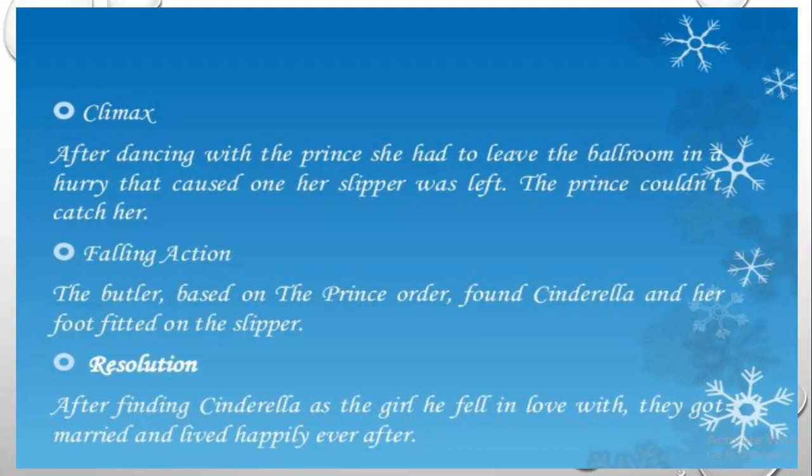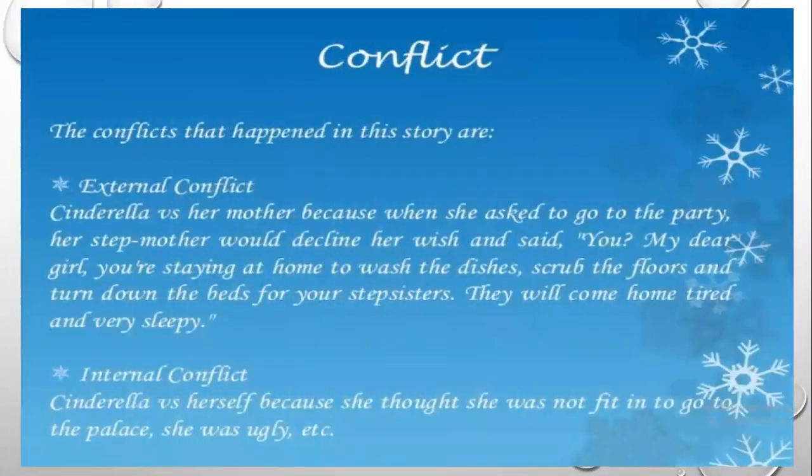So let us discuss something else which is related mainly to the plot, which is the conflict. Let us discuss what are the conflicts that we have here in the play Cinderella. So the conflicts that happen in this story, the story of the play, are: we have 2 types of conflicts. The first one is external conflict, and the external conflict is represented when